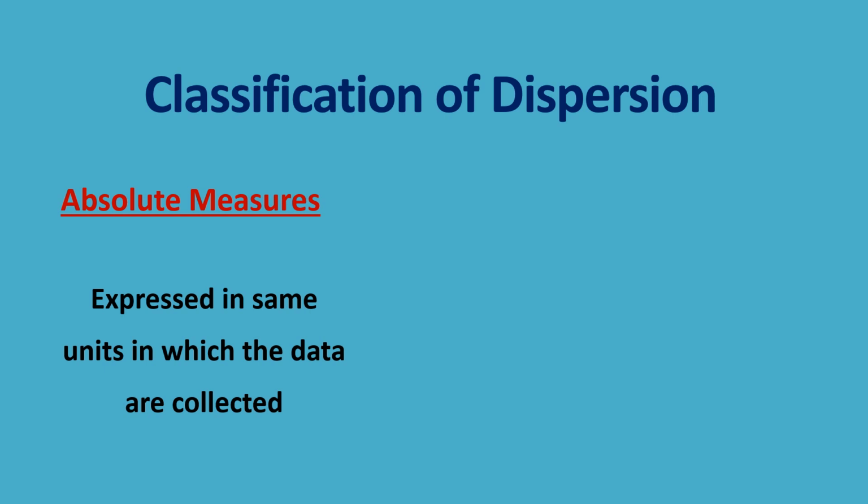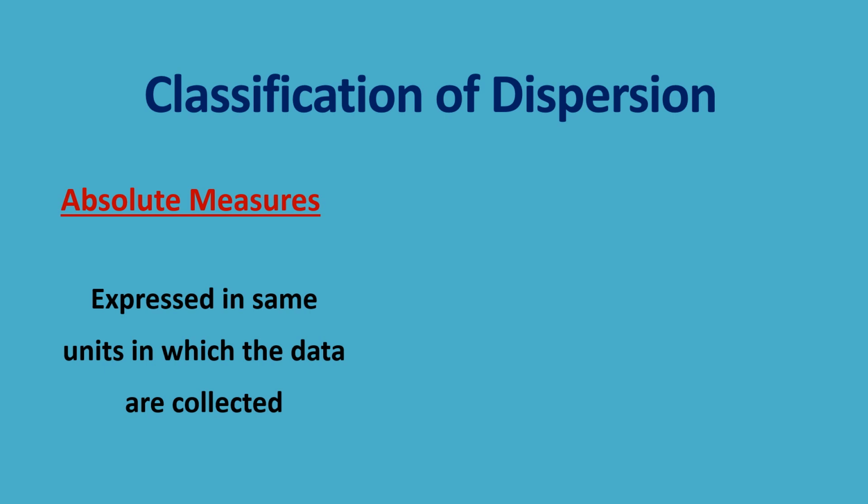The absolute measures can be compared with one another only if the two belong to the same population and are expressed in the same units like kilograms, rupees, inches, etc. The absolute measures do not help us if the series are of different populations or units of measurement.